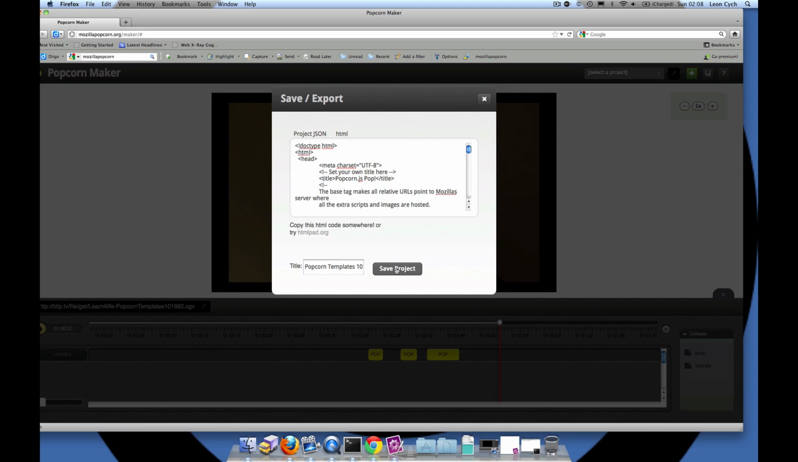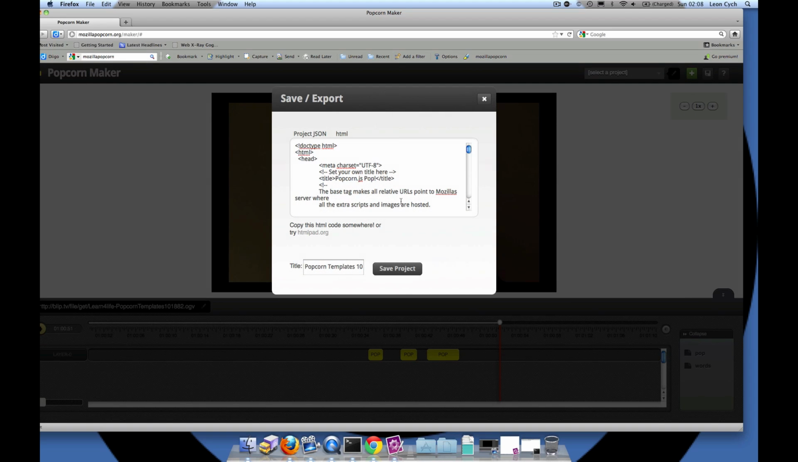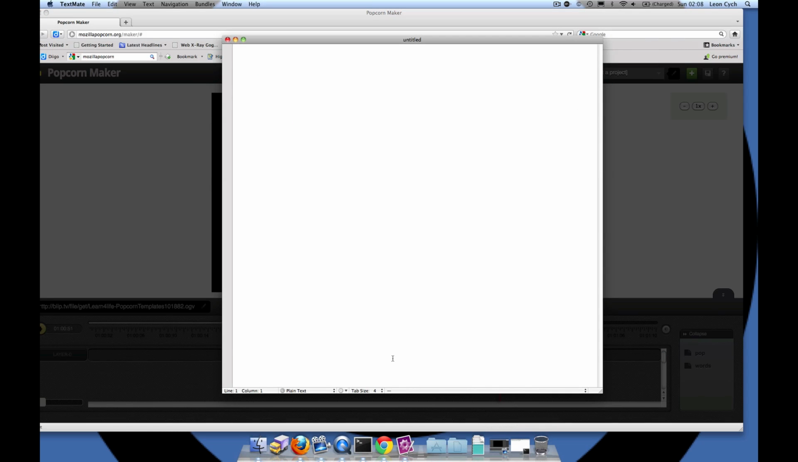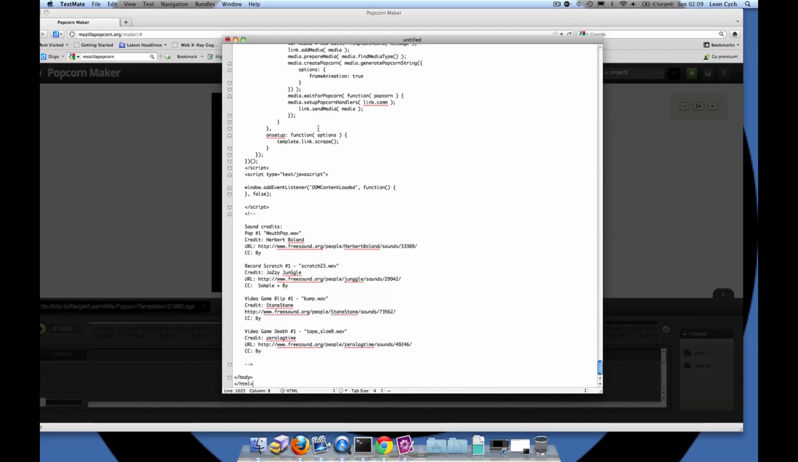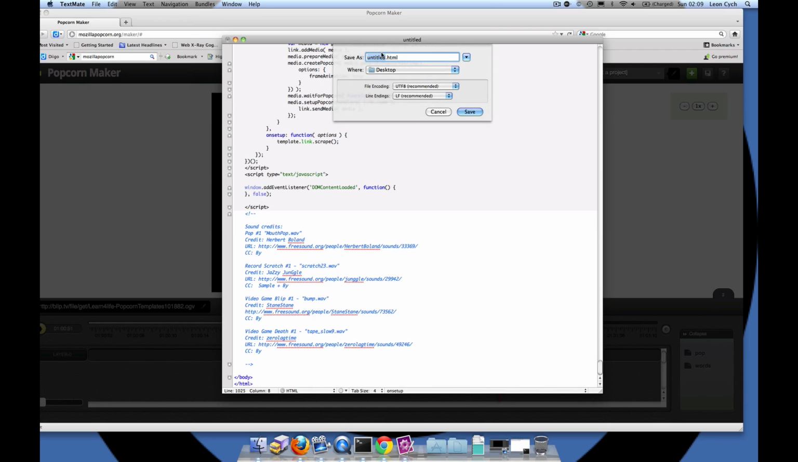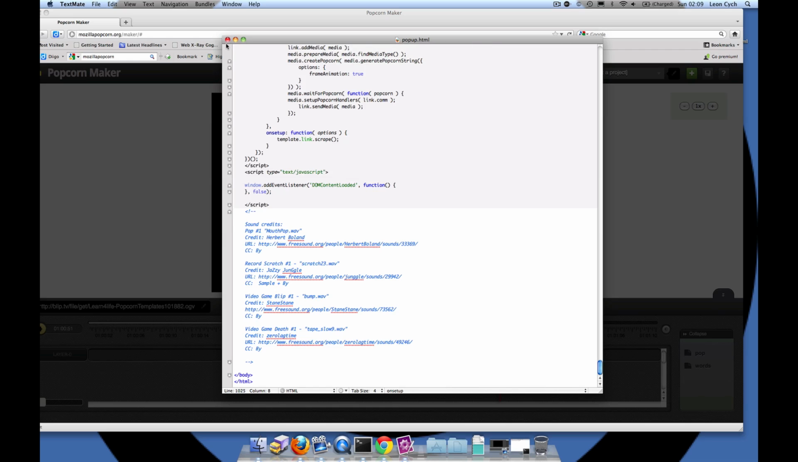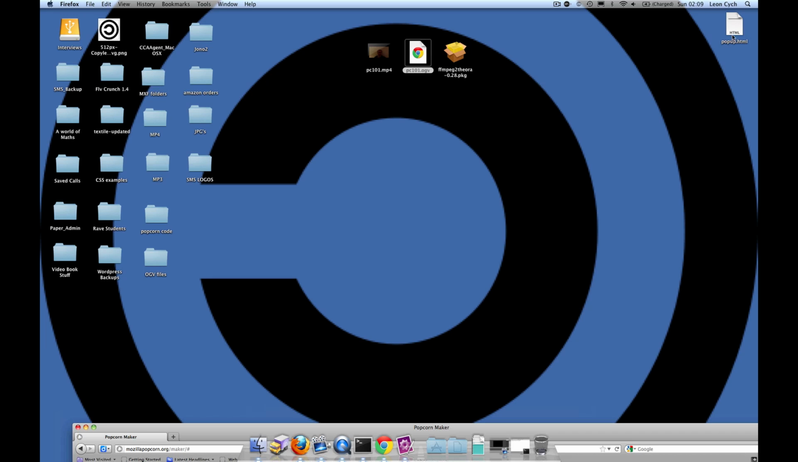I save it to my project, click on it again, Command A, Command C, take it to my word processor, make sure it's HTML, whichever HTML word processor you want to use, pop it all in there, File, Save As, pop up, that's what I'm going to call it. I'm going to save it to my desktop, come out, I'm going to take that one there, double click on it, and